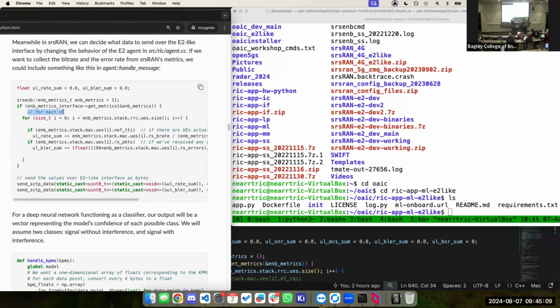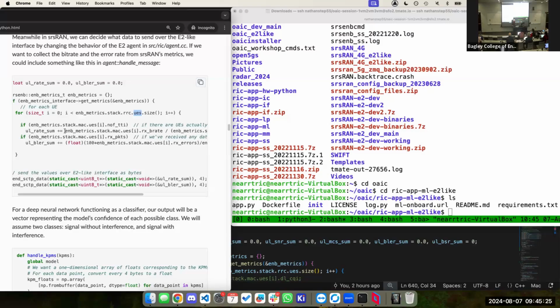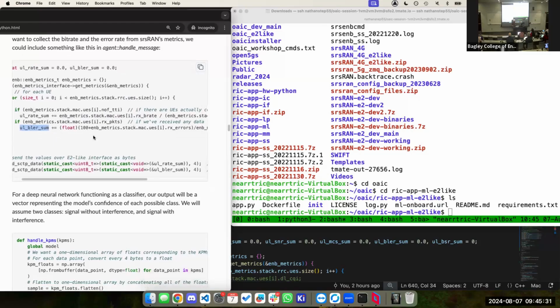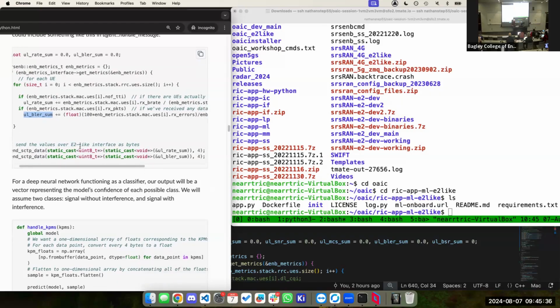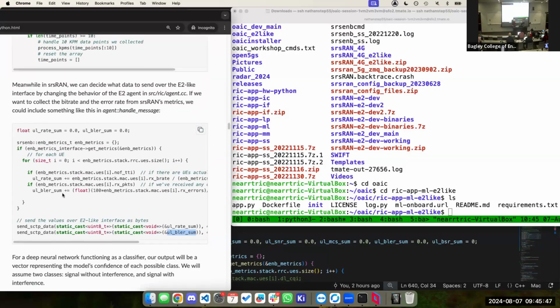What this code does is loop through each of the UEs for the RRC, or not necessarily RRC, it could be MAC or whatever. We're looping through the amount of UEs that we have, and we add up the bytes of the uplink rate and also the error rate. That's what that code will do. It's just sending that information in bytes over the E2-like interface. And then if we look back at that Python code,